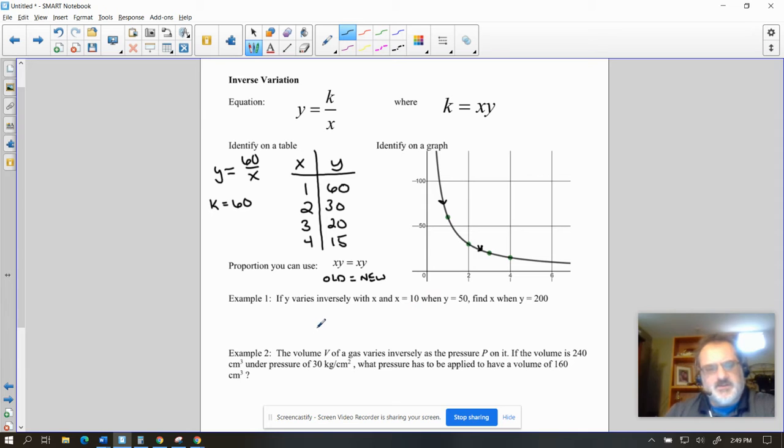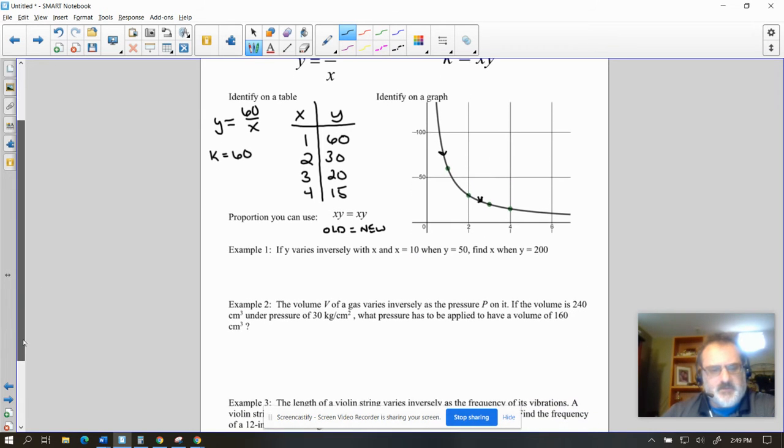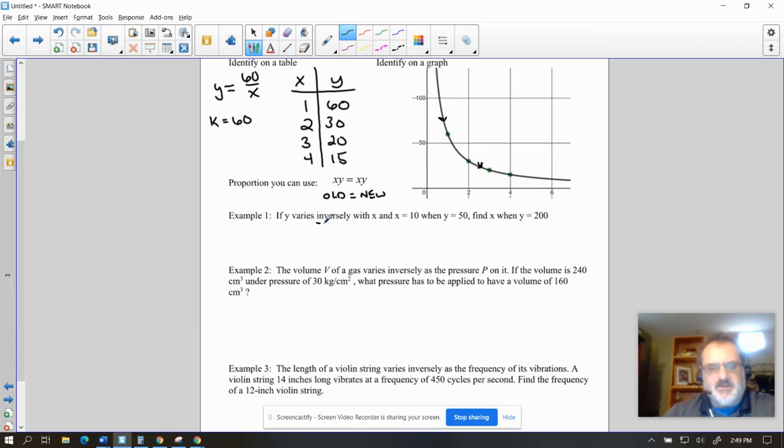Okay? So let's take a look at a straightforward example. If y varies inversely with x, x is 10, y is 50 is our old information. Find x when y is 200 is our new information. So we're going to use the proportion x times y equals x times y because it's inverse variation. So we set up as 10 times 50 equals 200